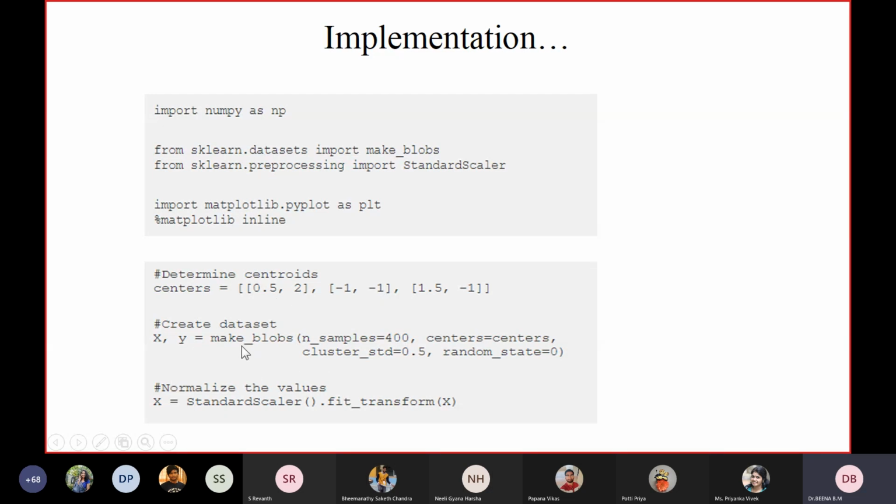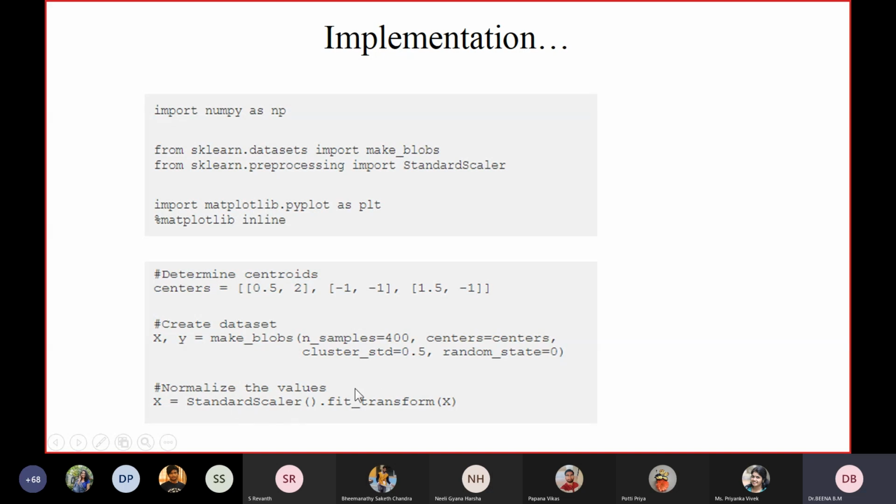Next, I am calling the function make_blobs by passing these parameters. I am generating 400 samples, considering the centroids and cluster_std. This is cluster STD, the standard deviation. What does it do? It takes the standard deviation of the clusters. Random state is 0 by default.